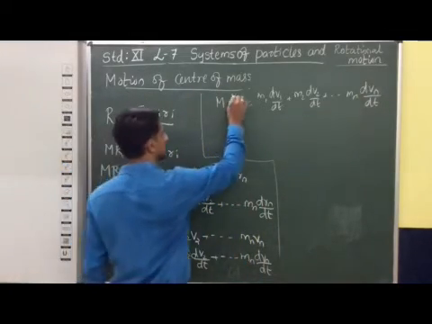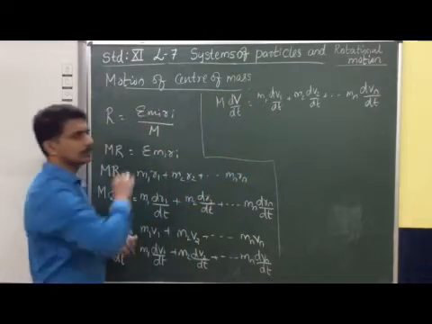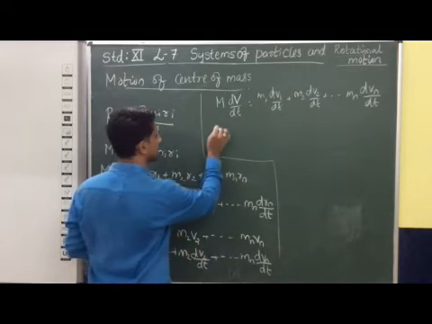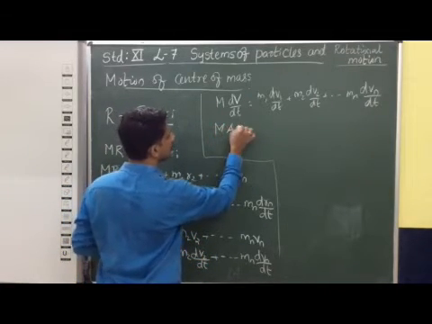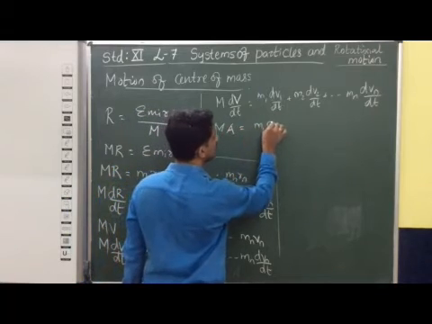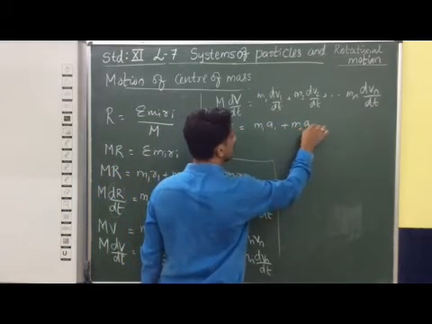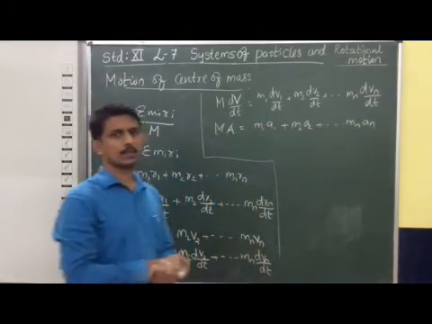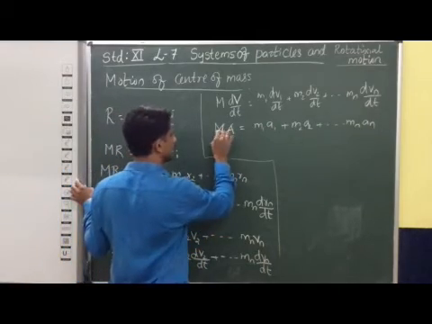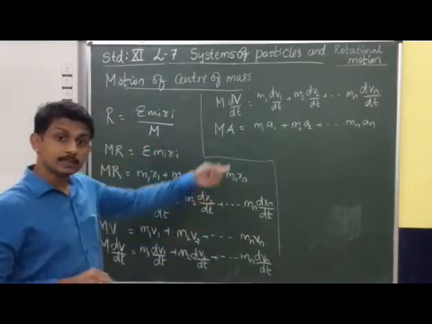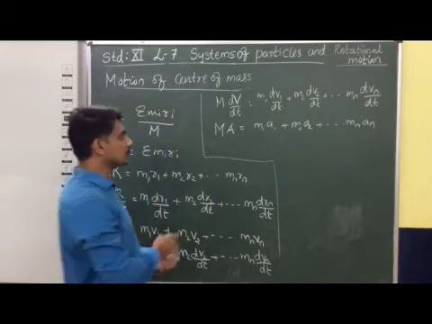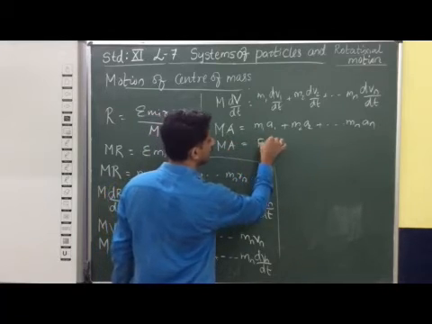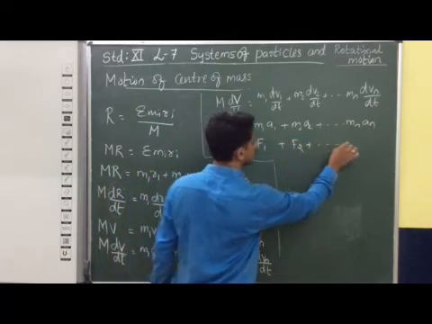What is this? This is capital V, the velocity of the center of mass of the system. So M into dV by dt, the rate of change of velocity, is acceleration. That means M into A is equal to m1 into a1 plus m2 into a2 plus etc., up to mn into an, where capital A is the acceleration of the center of mass of the system. So we can represent this equation as MA is equal to F1 plus F2 plus etc., up to Fn,